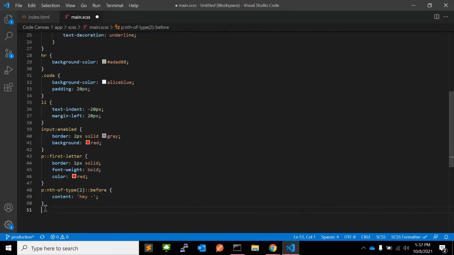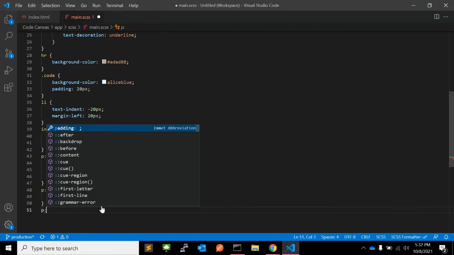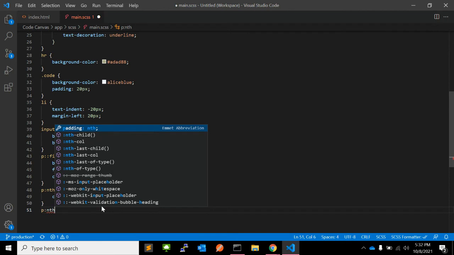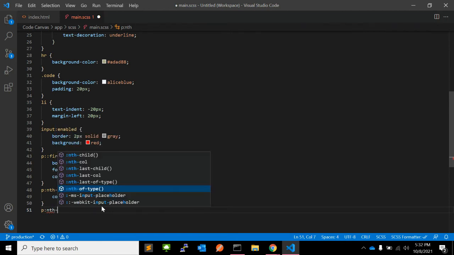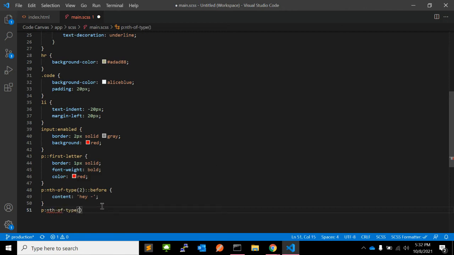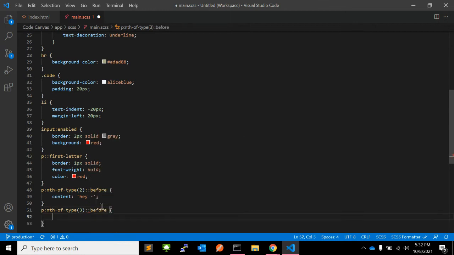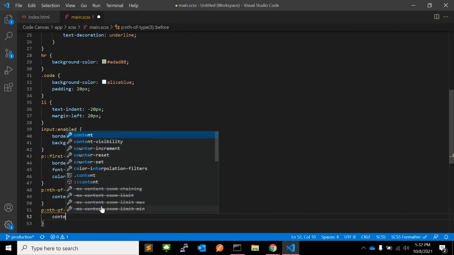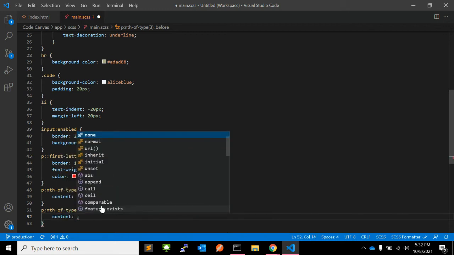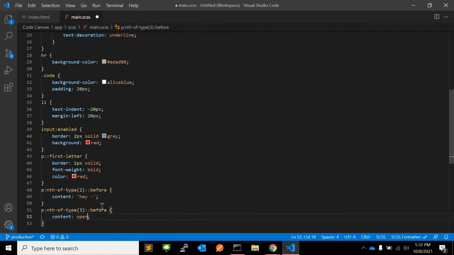Let me add some other CSS, nth-of-type 3. It will select the third paragraph. Before, let me add some content, and in content I can add open-quote.